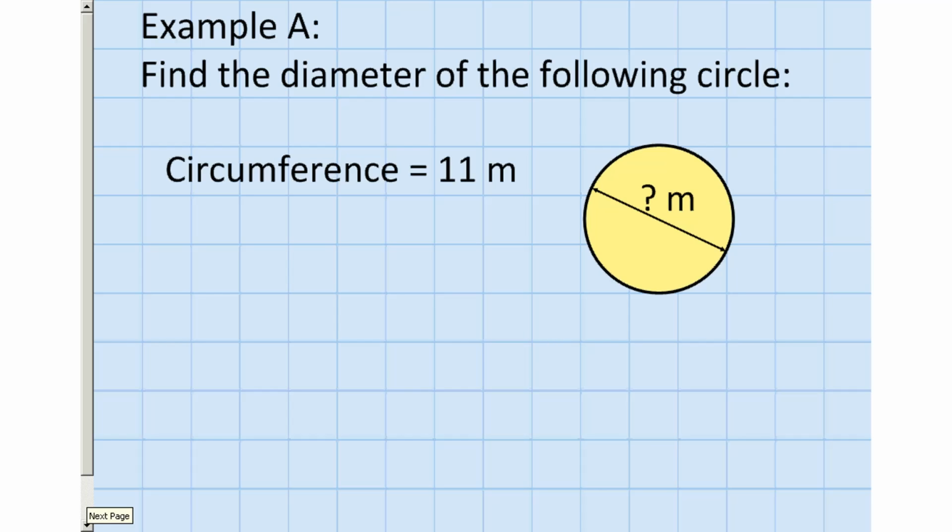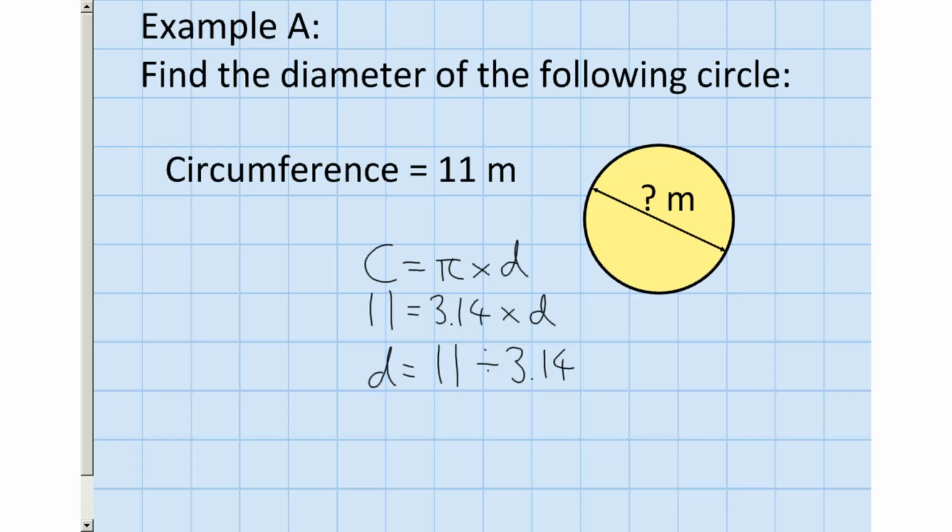Now we know the circumference is 11 meters. We want to know the diameter. Well, thinking about the formula for the circumference of a circle, circumference is equal to pi multiplied by the diameter. We're going to keep pi as 3.14 for the time being, so 3.14 times something, the diameter, needs to equal 11. So 3.14 times something needs to equal 11. That means that the diameter is equal to 11 divided by